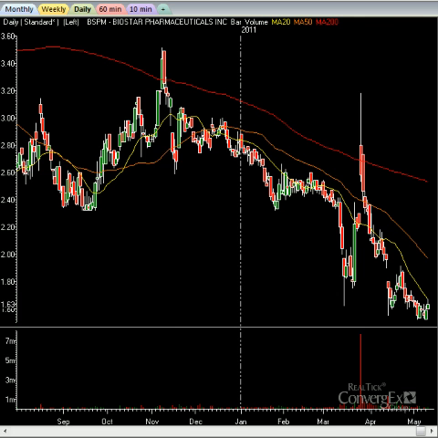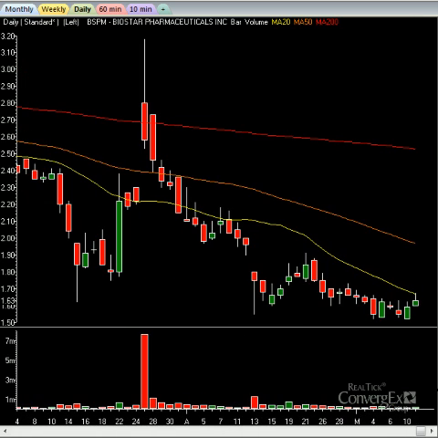All right, what else is out there that looks good? BSPM is a little bit on the high-risk side, but again, it's at dead lows on the chart on the small cap side. If it can get through this 20 and close above this 20, I do think it makes a move all the way to the 50 moving average, which would be at about $1.96 or so, $2. If it gets through that, it could easily go to about $2.50, which is the ultimate target on this one, and that would be about a dollar move up from where it currently sits. Wouldn't be surprised to see it make a move.